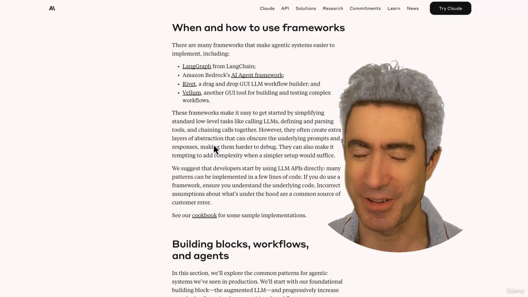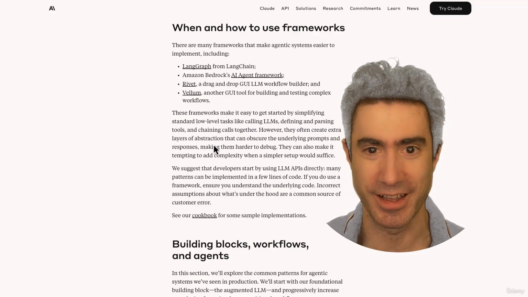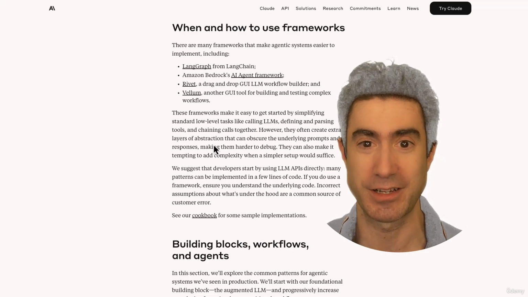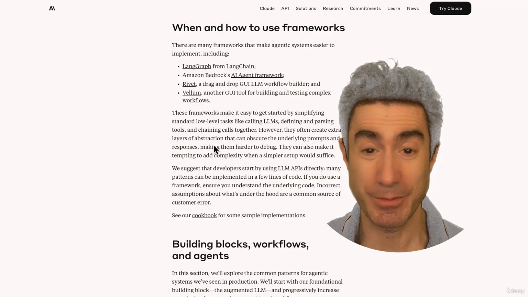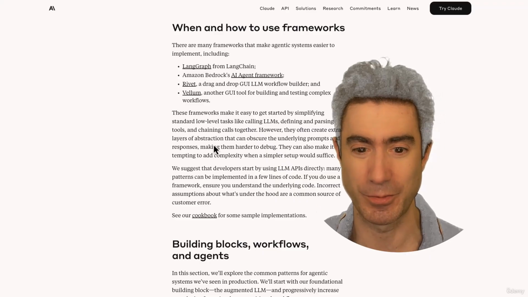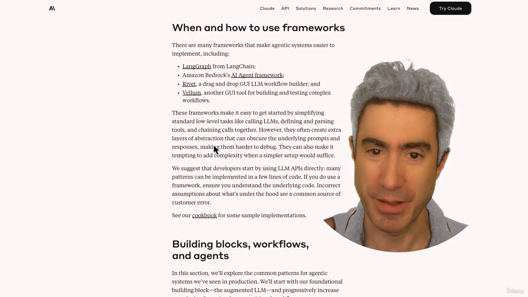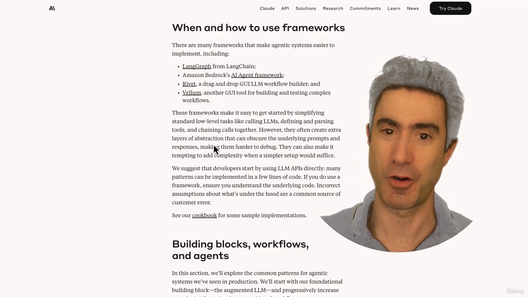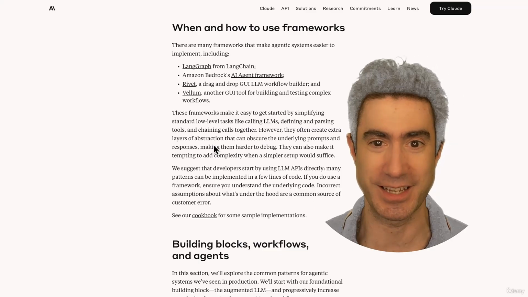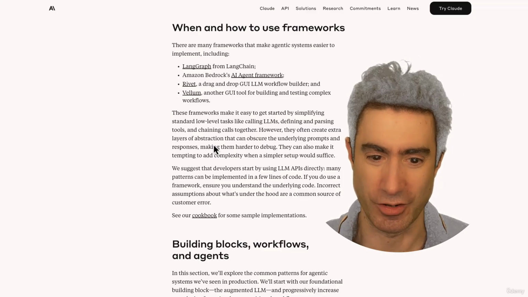You can see what Anthropic's getting at. You can imagine from their point of view, they've got an API. They've got something that is relatively simple. Memory can be handled with JSON objects. LLMs can be hooked up simply by calling multiple times. And so for them, this idea of building all of this abstraction around it, taking you further from actually working with the LLM itself, isn't necessarily something that resonates strongly.